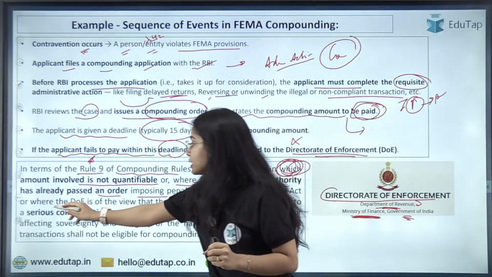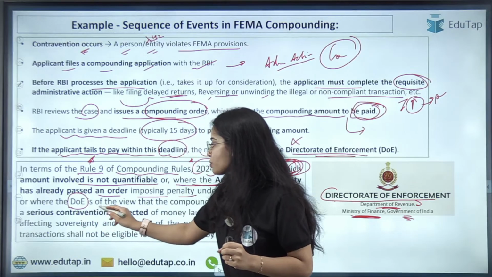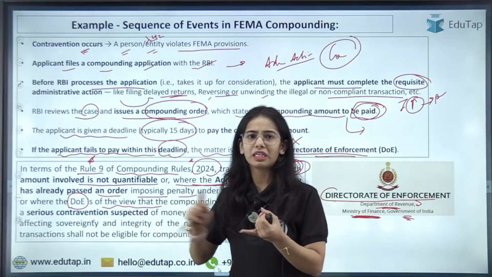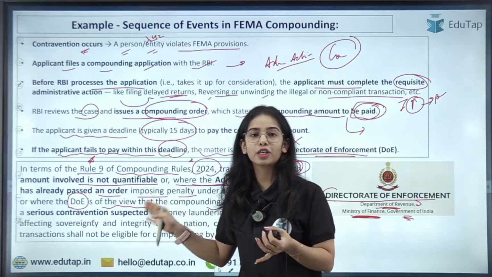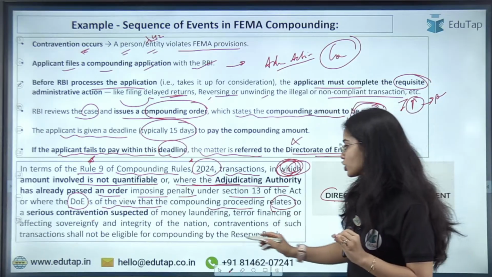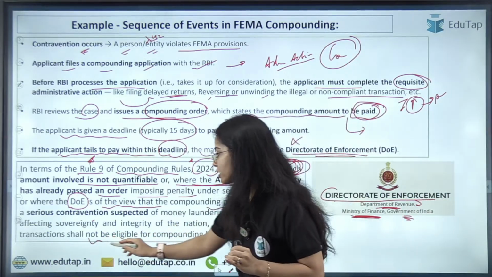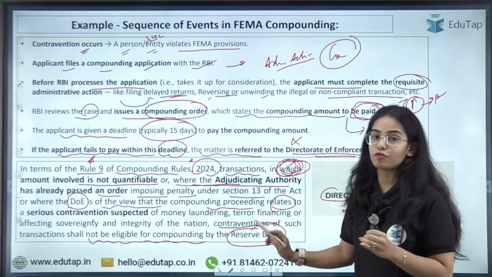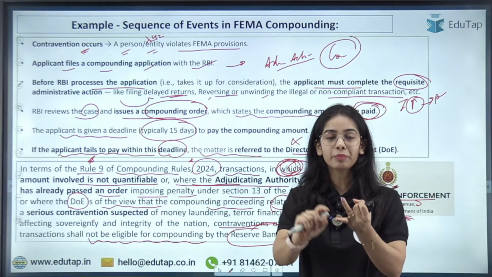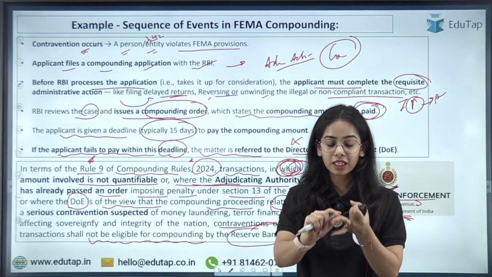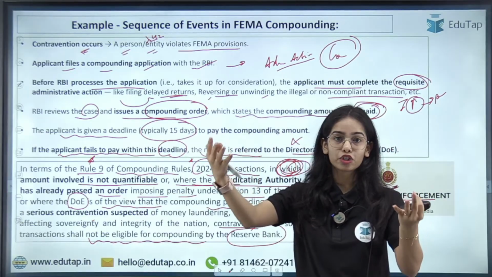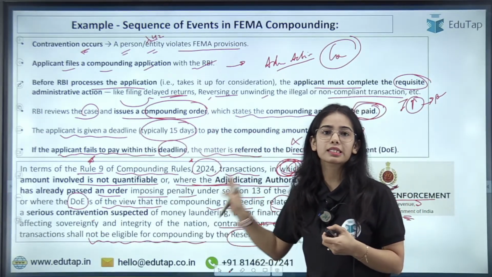Okay, where the Directorate of Enforcement is of the view that the compounding proceeding relates to a serious contravention, money laundering, terrorist financing, such kind of contravention is happening, so the RBI cannot compound the contravention. So such contraventions are not eligible for compounding by the Reserve Bank of India. So remember it, that if the amount is not quantifiable, if the decision has been taken by the adjudicating authority, if the contravention is of a very big, very serious nature, in this case the RBI cannot